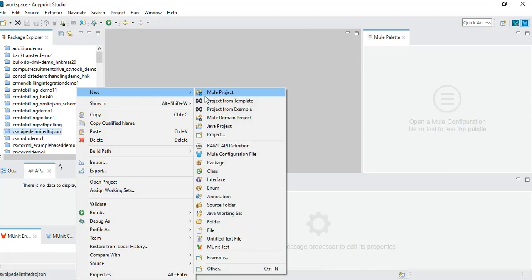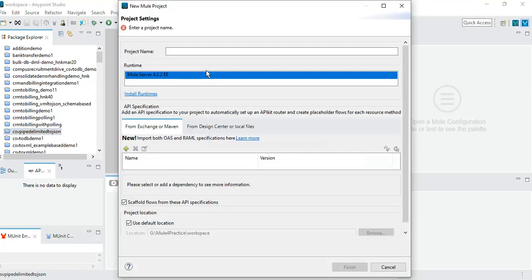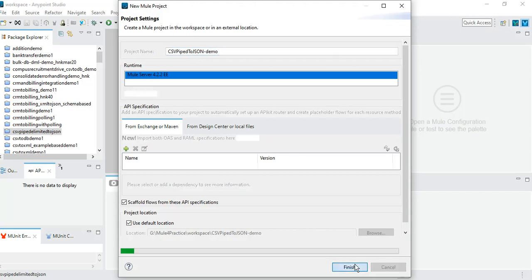So I say new Mule project. Okay, let me give the name as CSV piped to JSON. That kind of scenario I want to have. Demo. I finish.